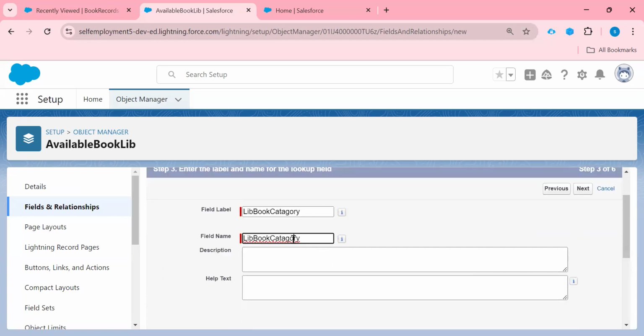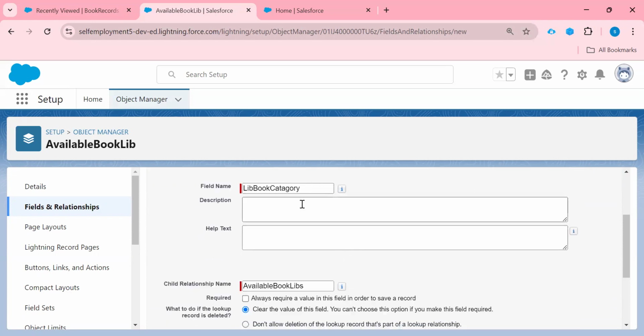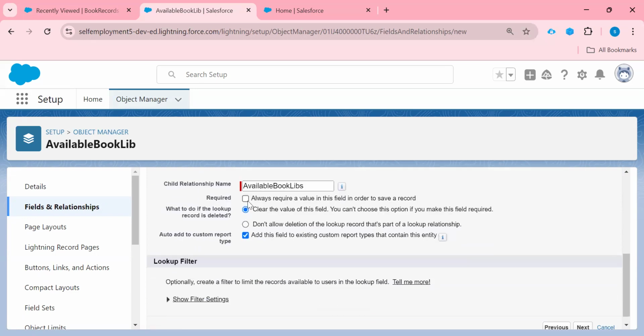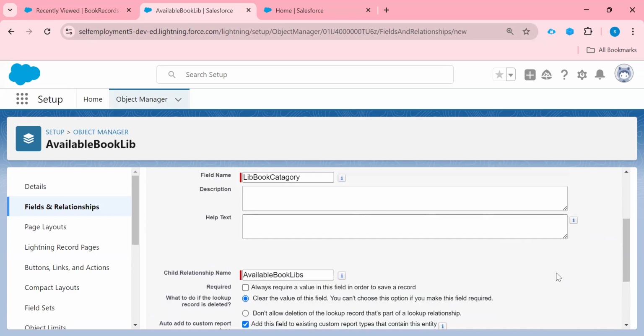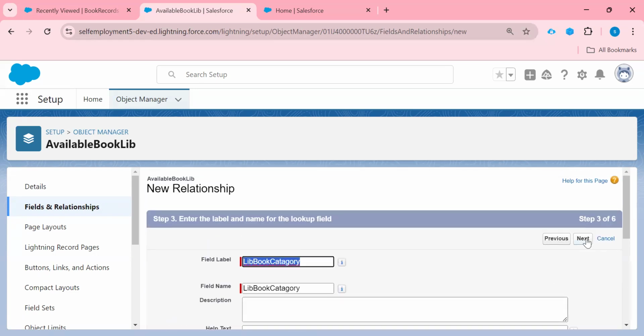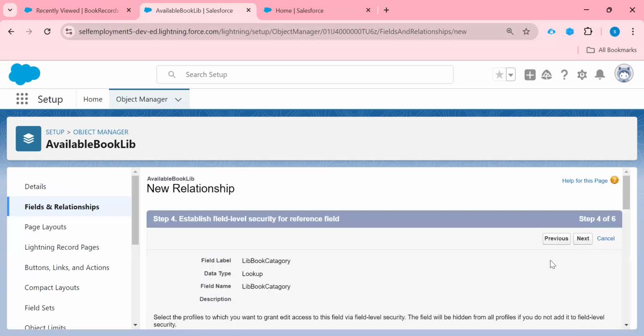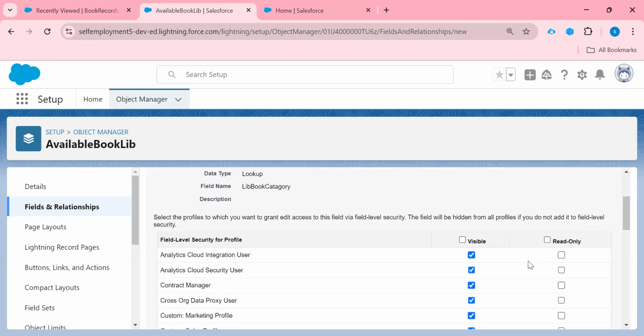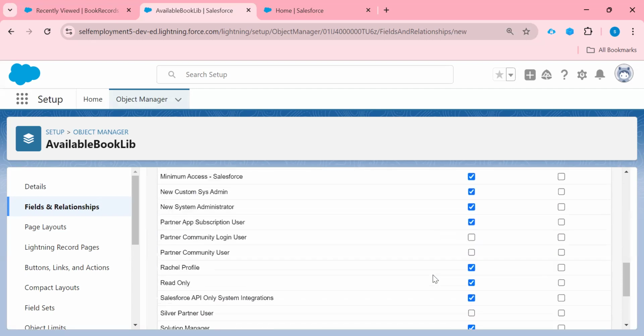Here, whatever field name you want to give, it will be the same as the label, or object name you can say. If you want to give any description regarding this relationship you can give it, and if you want to make it required you can, otherwise just click on next, right? This is the availability to the profile.